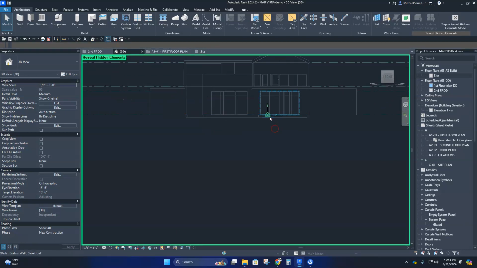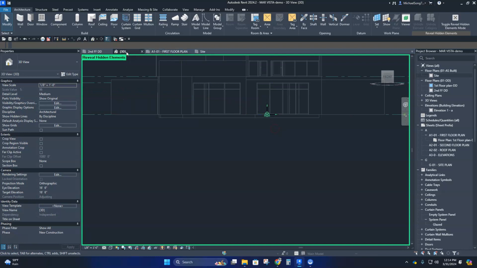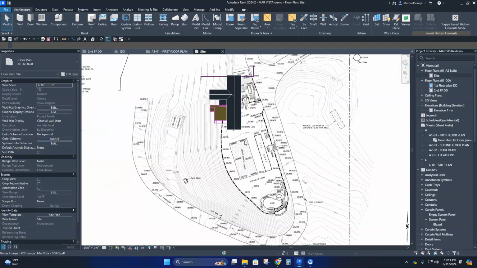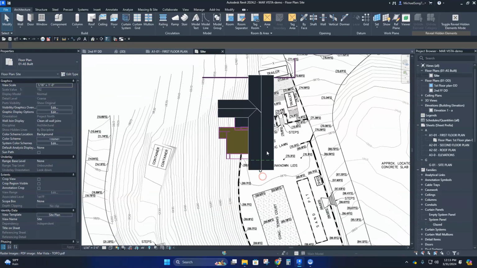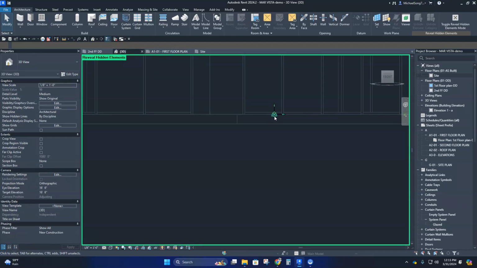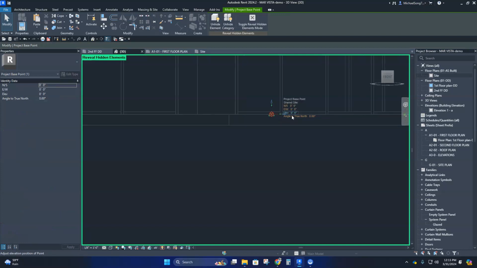Boy, that decision took a long time. Sorry, guys. Oh, another thing too, we want to figure out, so it's going to be 1870, right? Not just 70, 1870, because we want these topo lines to show up. So we're going to take that project base point and we're going to drop that down to minus 1870. That's going to look crazy, but this is where the,